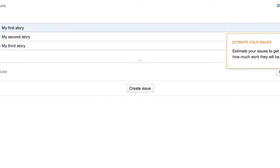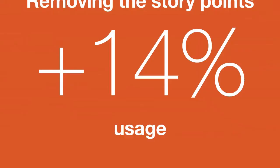So we got rid of this step, and we said, let's measure and see how many issues are people creating? How many issues are people viewing? Are we increasing their usage, these new users' usage with the system? What did we find? We found a 14% increase in usage after removing a step of help. To me, this was awesome because it was counterintuitive. It was realizing that, you know,